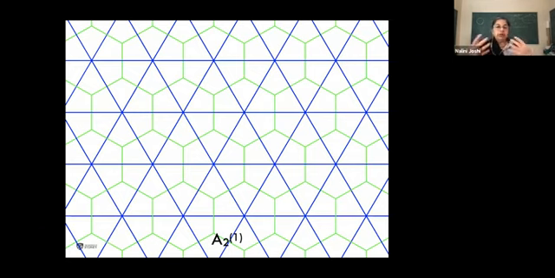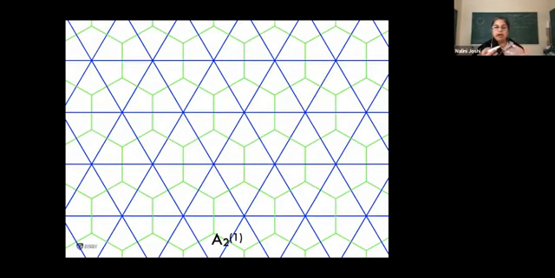So in order not to overwhelm you with the detail, I'm going to start with one example, which is a very simple and pretty example to explain. So suppose I start with no knowledge of the Painlevé equations at all, but only with some algebra. So take, for example, a triangular lattice in the plane. So I have lines which are at angle 2 pi on 3 or pi on 3 with respect to each other.